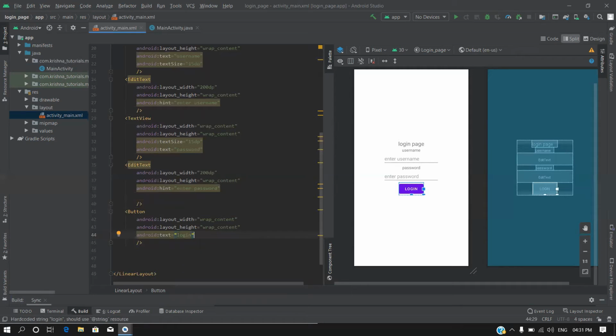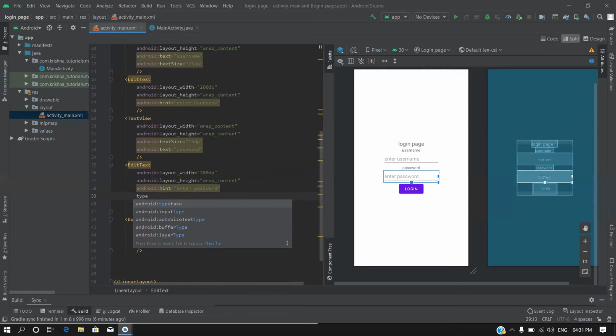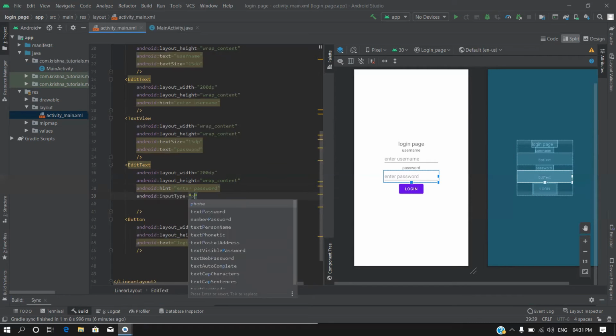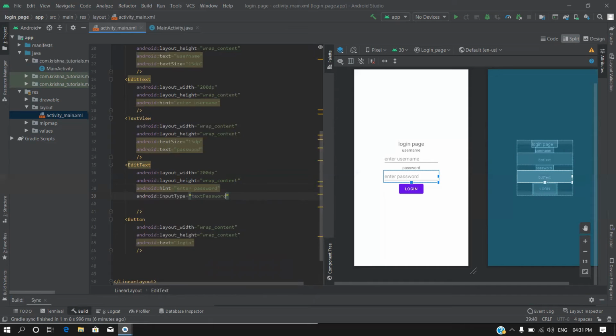So in this edit text for the password, I'm going to set the input type as password. Okay, text password.